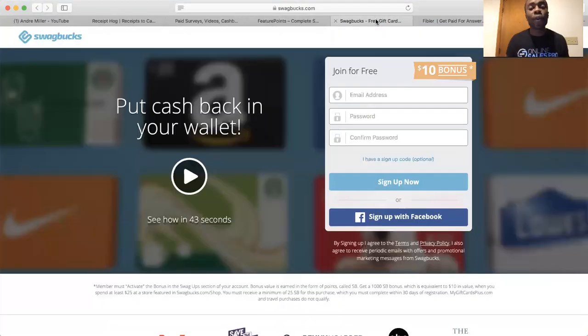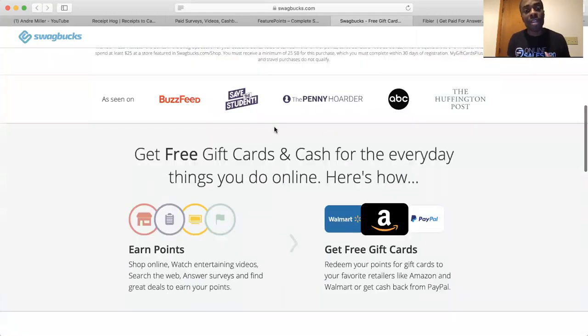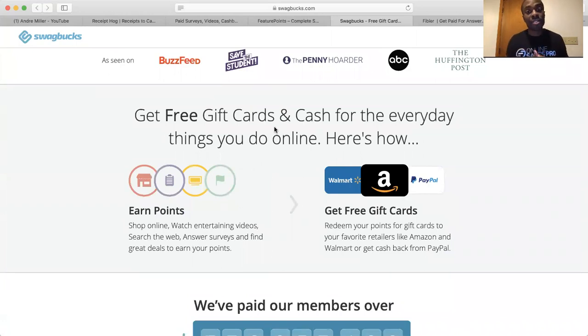Coming in at number 4 of the best apps that you can make money with is of course Swagbucks. Swagbucks is like putting cash in your wallet, as they say. All you have to do is sign up for it. You get free gift cards, you get cash for doing things online. If you shop online, watch entertainment videos, answer surveys, or find amazing deals, you can earn points right away. Then you get gift cards, and you can cash that out, whether it's Amazon, Walmart, or PayPal. Most times they have other payment methods, but these are the top listed ones they always mention. So hey, sign up